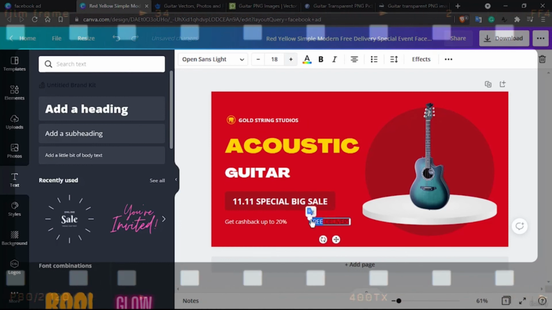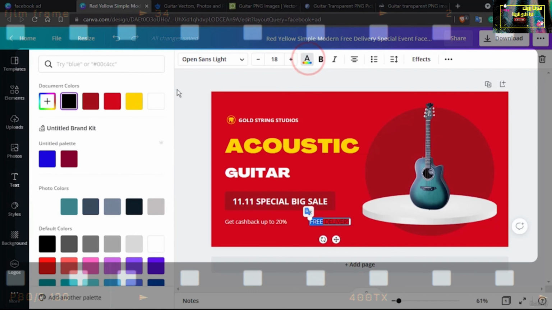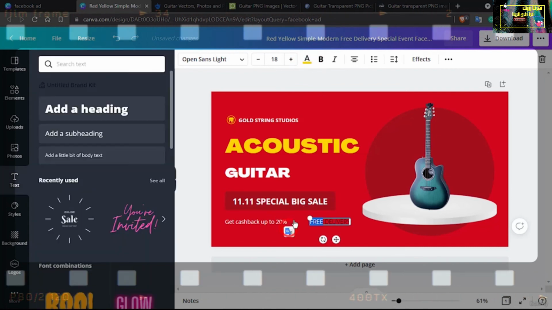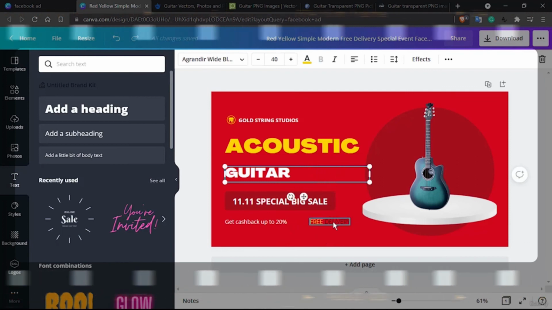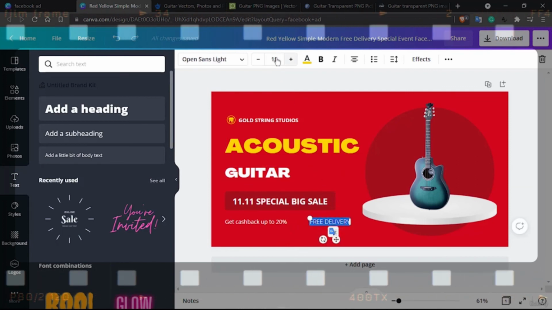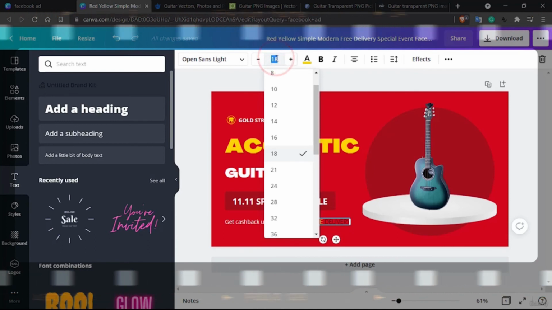So this color to be, I guess yellow won't look bad again. So we have this yellow once again, and the font size, let's keep it around 24,